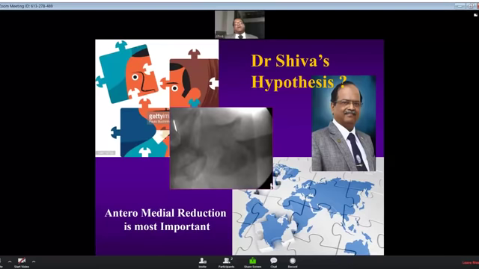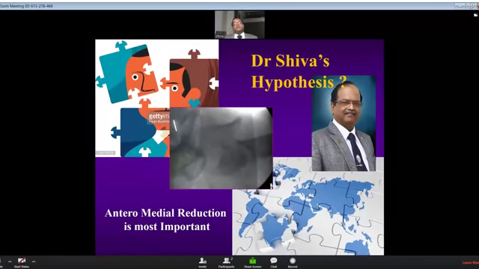The anterior cortex is thick cortical bone which has less comminution, like the jigsaw puzzle of a face with only a few pieces. Whereas the posterior cortex is comminuted, osteoporotic, it's hundreds of pieces. It's difficult to put the posterior cortex back rather than putting the anterior cortex well. That's why try to reduce the anterior cortex. If you reduce the anterior cortex properly, the posterior cortex automatically gets aligned properly. It may not be reduced properly, but it will get aligned properly.